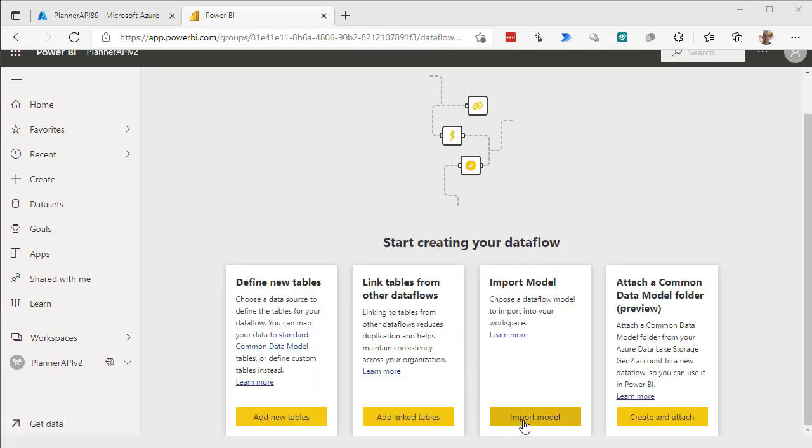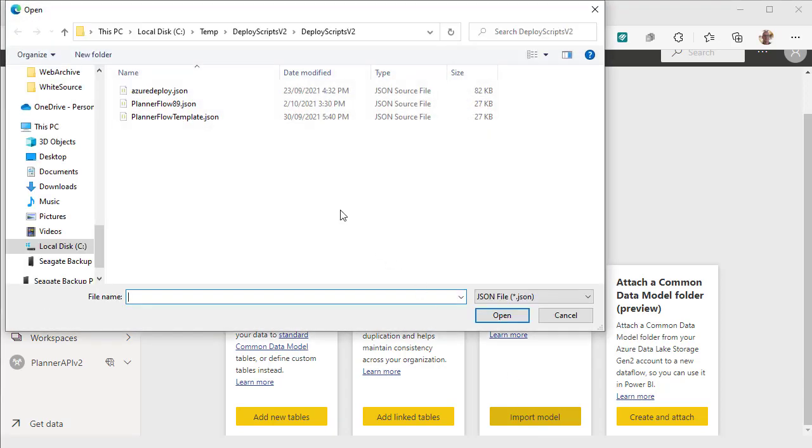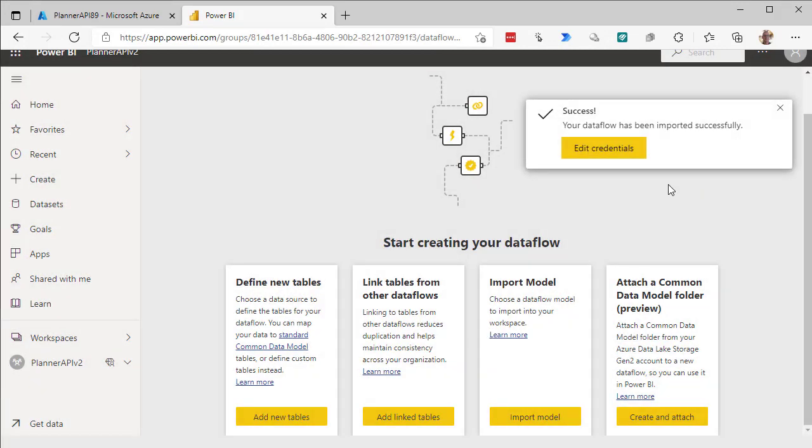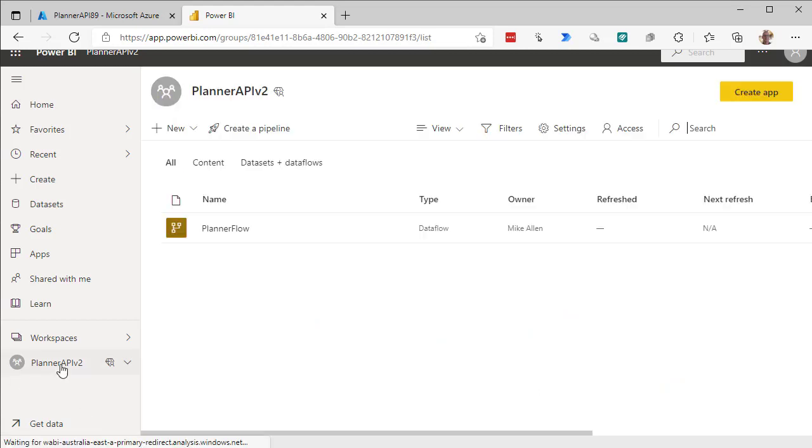Okay, this is importing the data model version 2, take 2, and there is our flow. Okay, let's try that now, and edit and see if we have